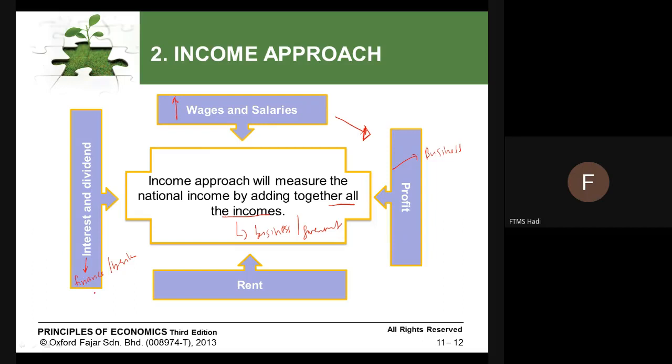We're talking about interest income by bank and also by finance company. The more borrowings, the more interest will be there. So the interest received by bank and received by finance company, they can use it as an income approach. That means it's an income by an industry. Okay, dividend means that